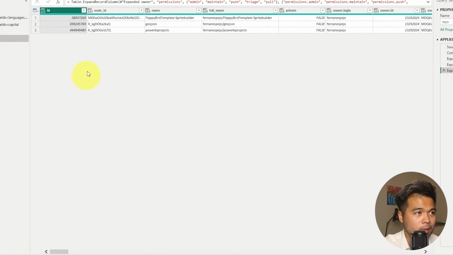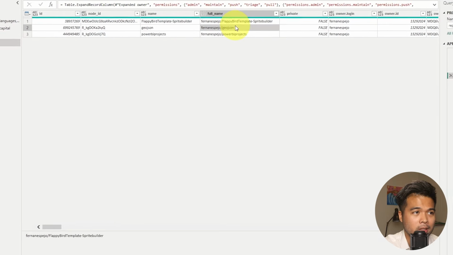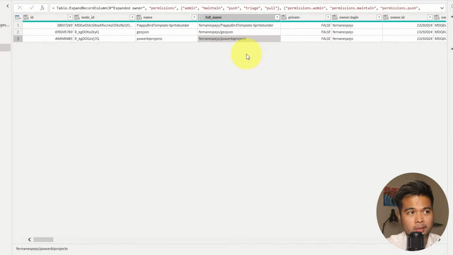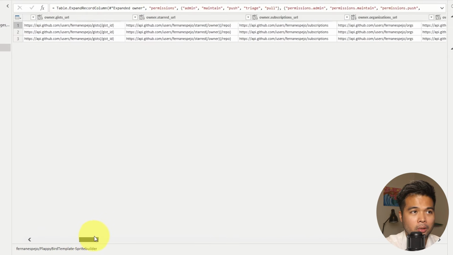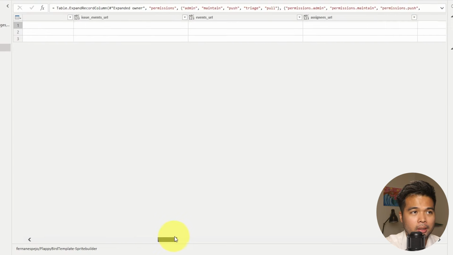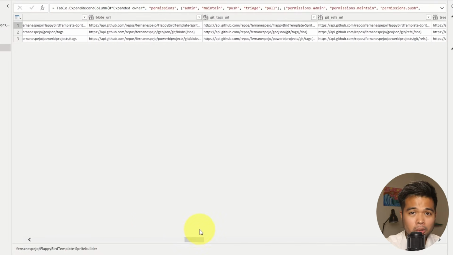The query returns me just 3 rows of data, which is essentially just all of the repositories that I own. At least in this account, there's 3 of them here. So it's just giving me all of the information for that repository. So things like followers, owners, which are really useful information that you wouldn't get if you didn't have the authorization